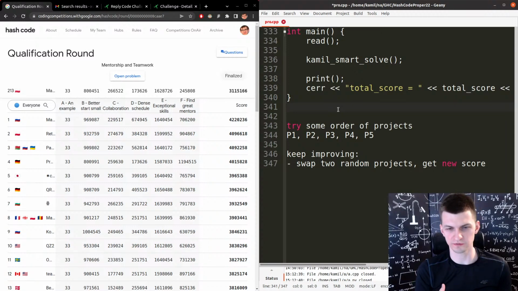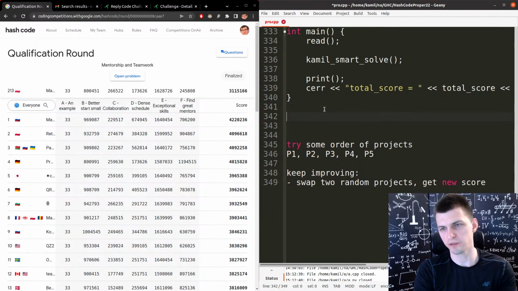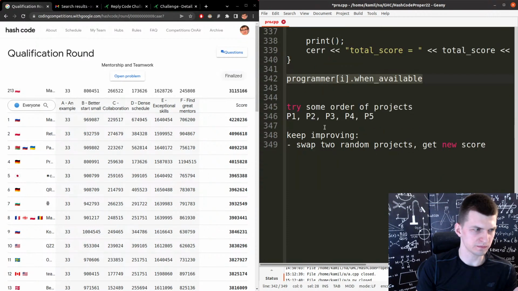I always look at some project, I wonder what programmers I would use for that project, and then I just say I use it now, and I update the time of whenever a person is available. So for every programmer, I have this variable, available, or when available, something like that. With this, I know when I can use them.